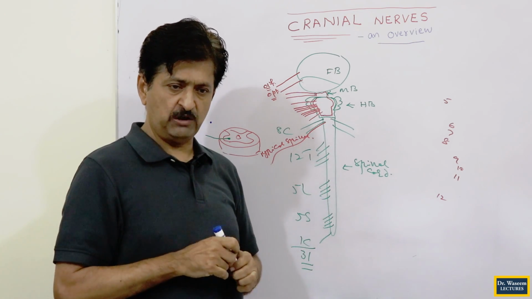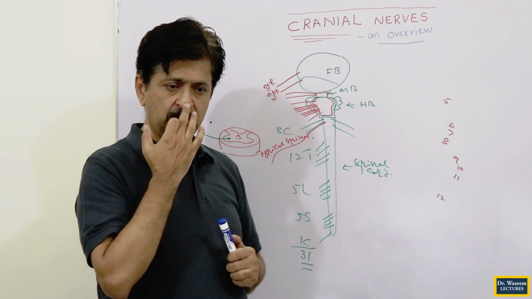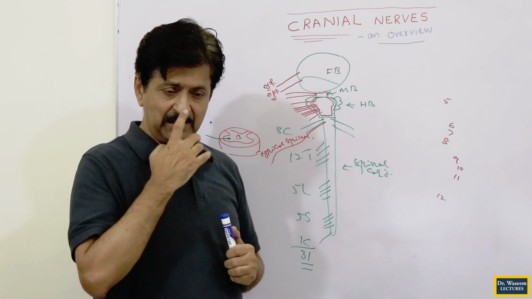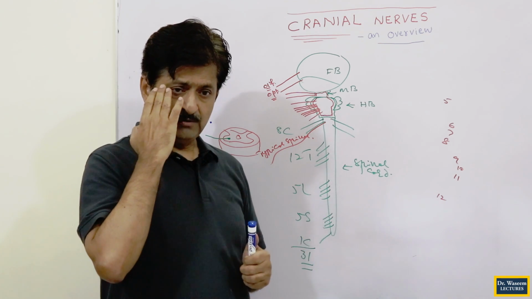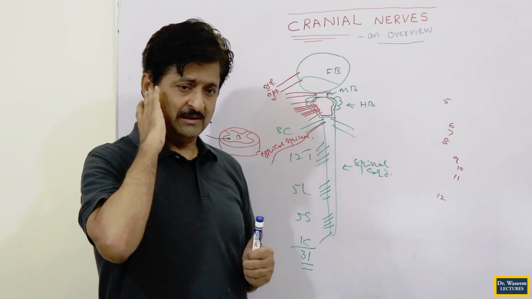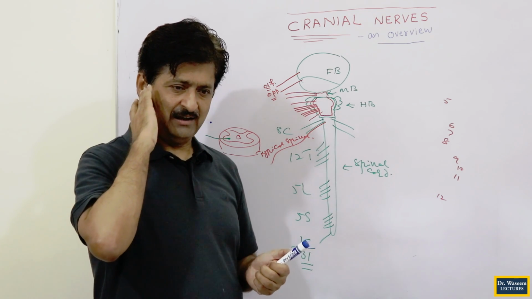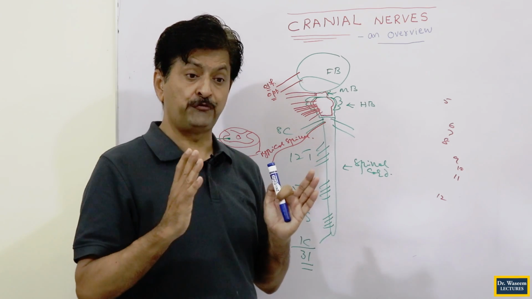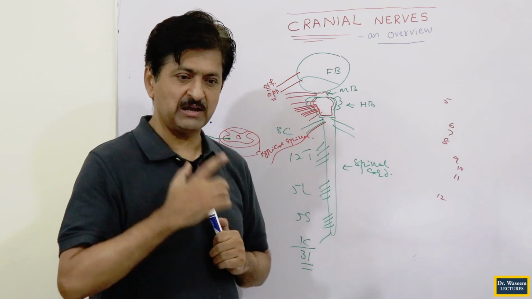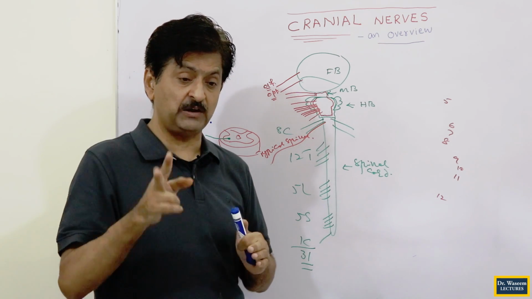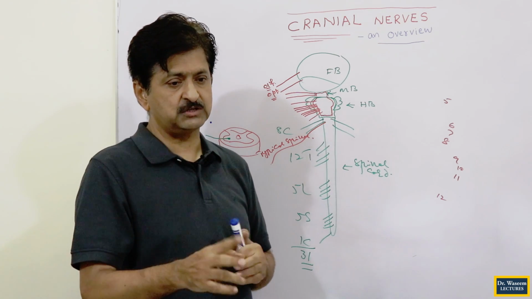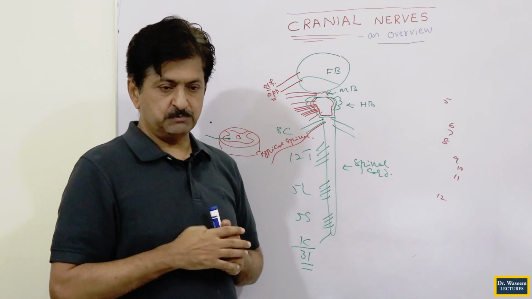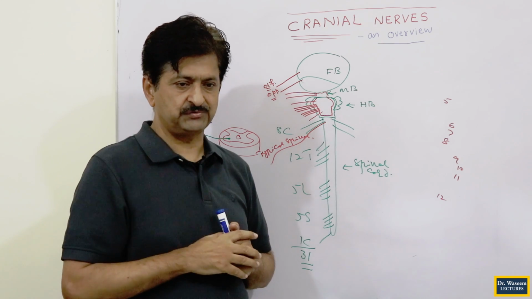And we have five special senses, which we have already seen. They are smell, vision, hearing, balancing. Smell we say olfaction, vision we say optic, hearing is called the cochlear, and balancing is called the vestibular. All these four functions have four nerves, you can say. But because the vestibular and cochlear are components of the same nerve, numerically we will call them not four but three nerves. So out of four senses we actually have three nerves.